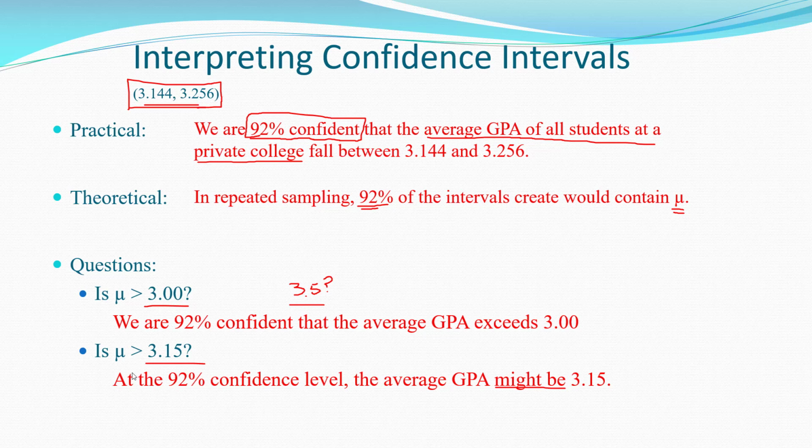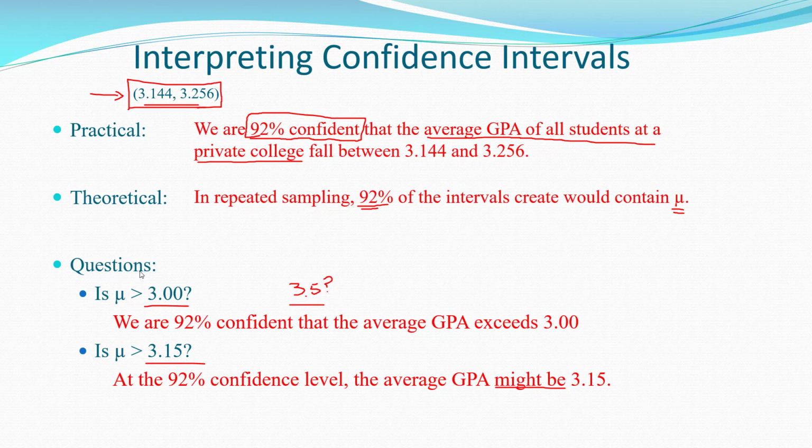Is mu equal to 3.2? Well, at the 92% confidence level, the average might be 3.2. I don't want to say it's equal to 3.2. Sometimes we think of these confidence intervals as a set of believable values for mu. That doesn't mean it's any one value. It's not 3.15 or 3.2 or 3.24. It's not any specific value, but it might be. Is it 3.0? I'm 92% confident it's bigger than 3.0. Is it 3.3? I'm 92% confident it's less than 3.3. Is it 3.21? Well, it might be. At the 92% confidence level, the average GPA might be